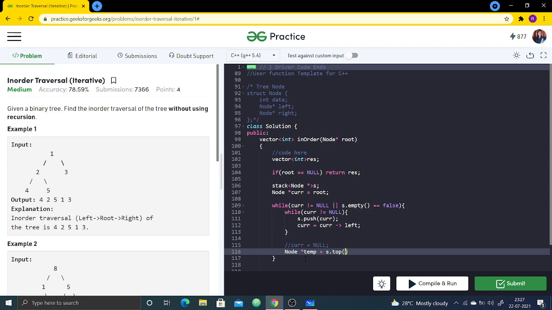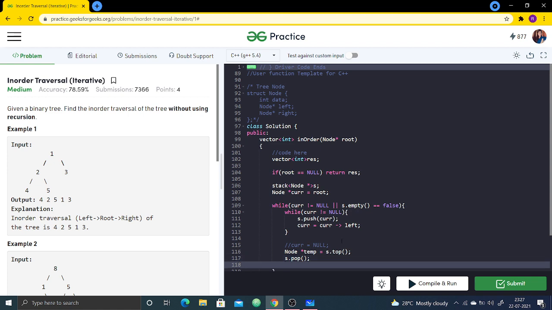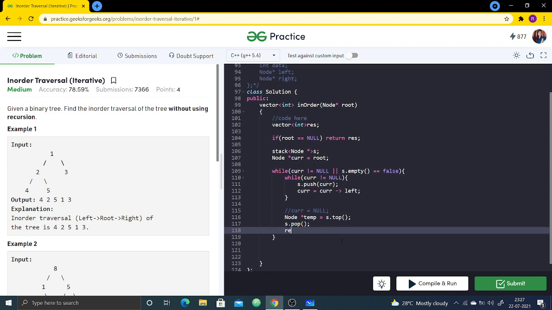So I am popping the top of the stack, and I will push its data into my resultant vector. Whatever item I have popped, I push it into my resultant vector.